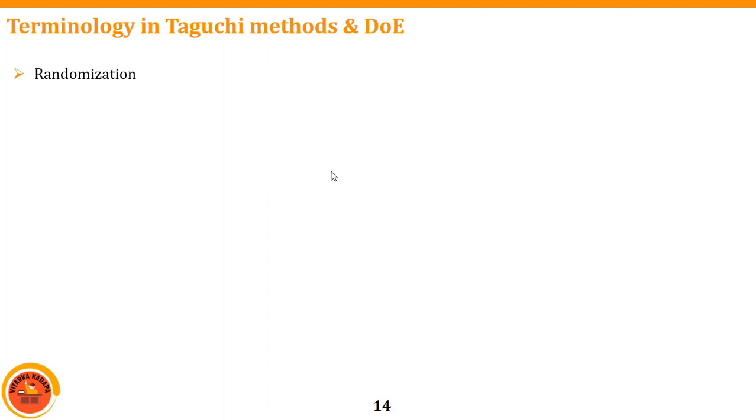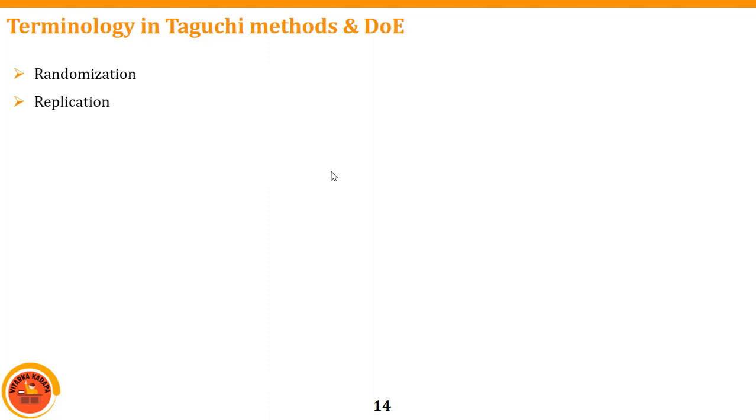See, why do we have to conduct the experiments randomly? For example, in the turning process, if I take cutting speed at one level, feed at one level, and depth of cut at one level, and in the next set of experiments I maintain the cutting speed at the same level while depth of cut and feed are varied, what happens? Because the cutting speed is continuous rotation, there will not be any change in the orientation of the experiment, and it directly affects the response variable. So that's why we have to do it randomly, because for each experiment we have to achieve that particular level and then conduct the experiment.